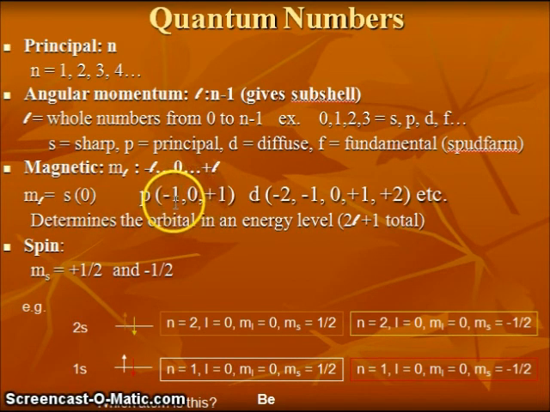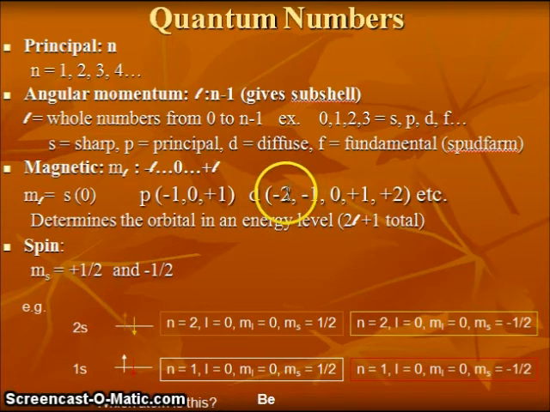In a P subshell, it indicates that there's actually 3 orbitals: minus 1, 0, and plus 1. Each of these we think of as a box which could hold a total of 2 electrons. So the P subshell can hold a total of 6 electrons. This is why the second energy level can hold a total of 8 electrons, because in the second energy level we have an S subshell and a P subshell. So we have 2 electrons in the S orbital, and then we have 2 electrons in each of the 3 orbitals found in the P subshell.